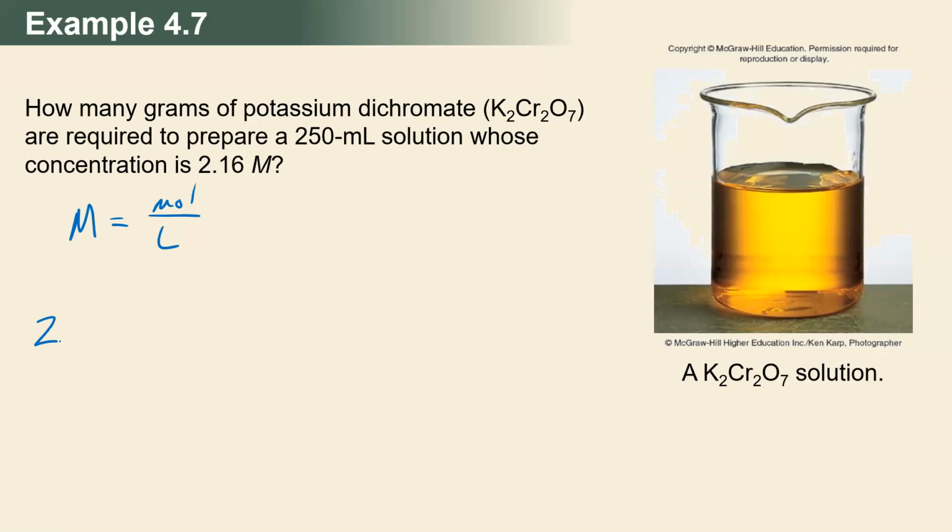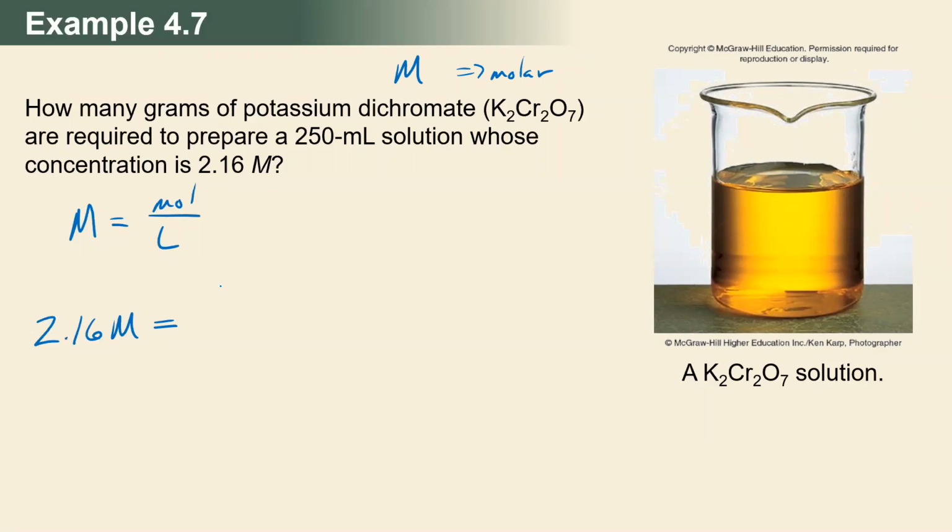We know the concentration, 2.16 molar. When we use it as an adjective, we say molar. Not like a tooth, right? That's just the adjective form of it. And so 2.16 molar